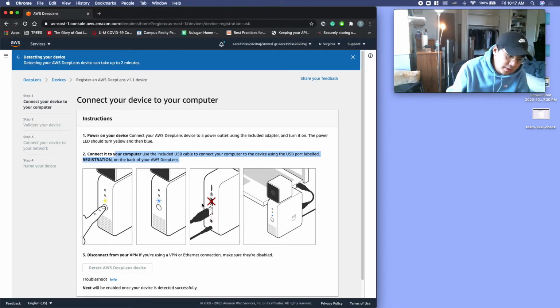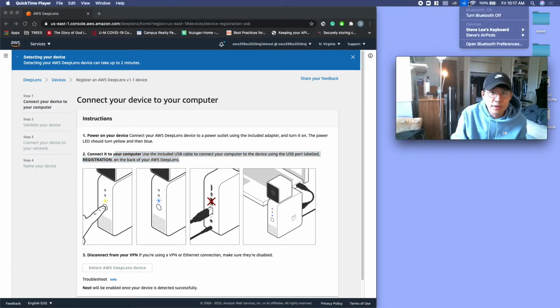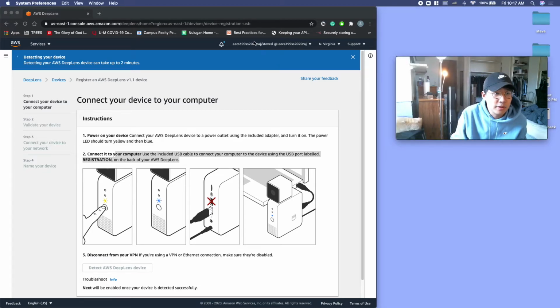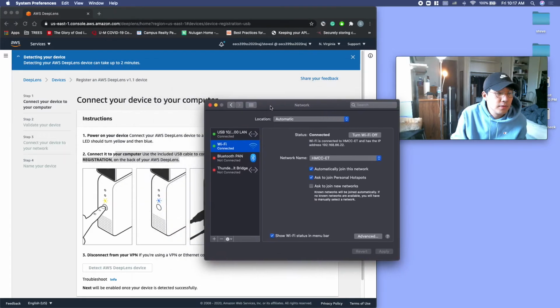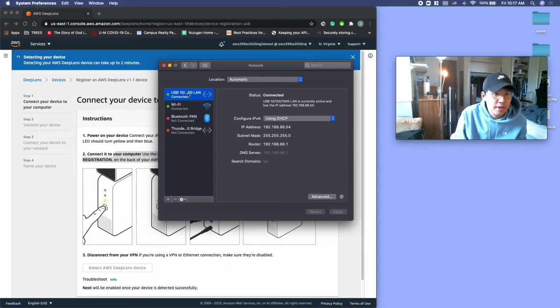I'm just kind of sad that USB doesn't work. Unless there is a way to fix it. Network connections. While I'm waiting for this, I'm just gonna look into this. Because the way this can work is